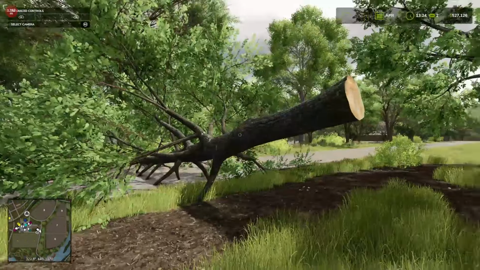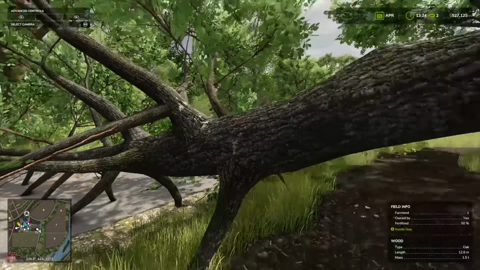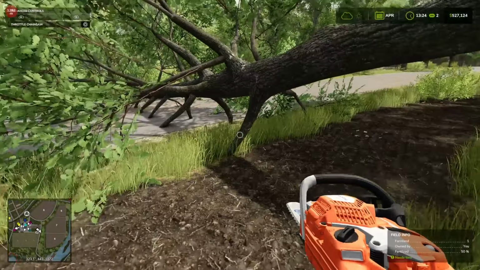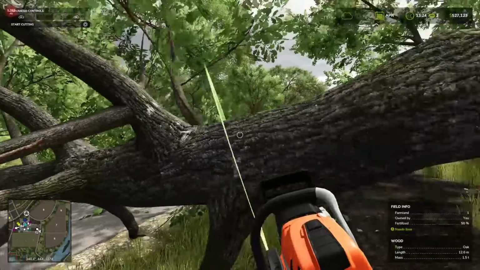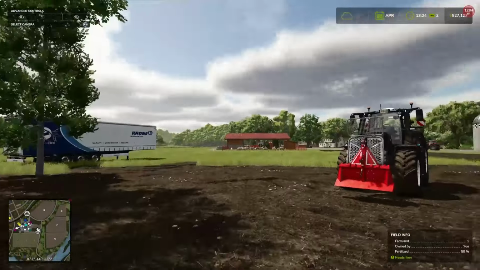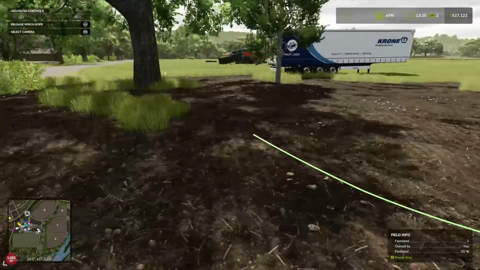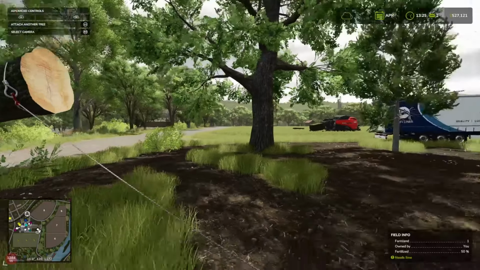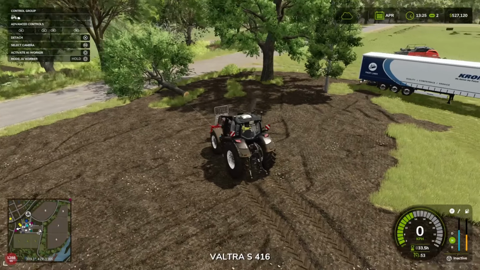Alright, so basically what you would traditionally do is you'd slice this up, delimit. Takes a long time, especially with the chainsaw, so you'd come through, cut off the different branches, etc. But what we're going to do is use this winch rope. So let's grab the winch cable. So come up, press L2, and we're going to try and connect it here, like so. And we're just going to drag it